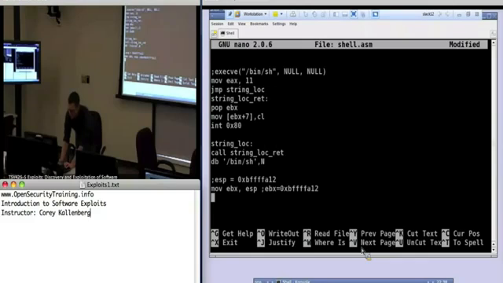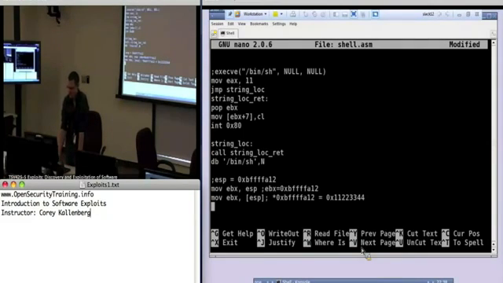If we were to do move EBX, ESP, we can say, so that would set EBX equal to